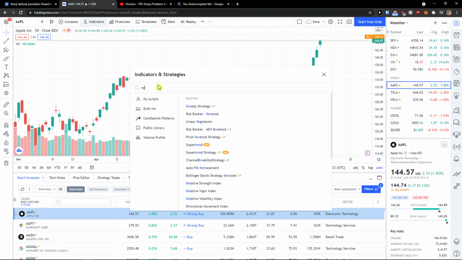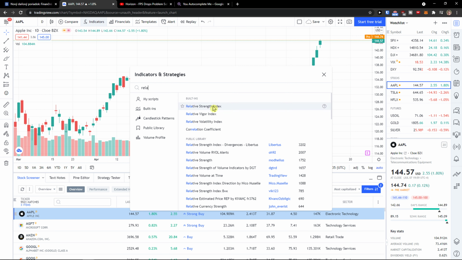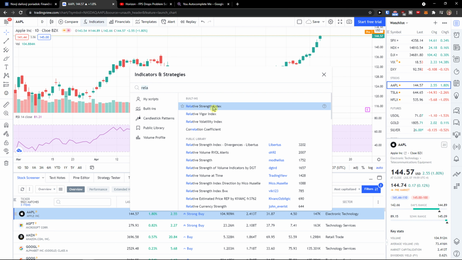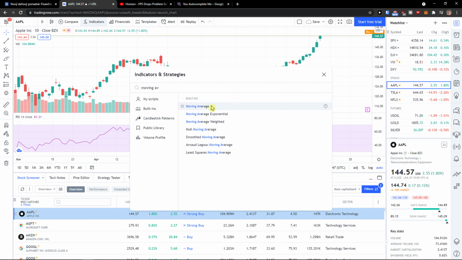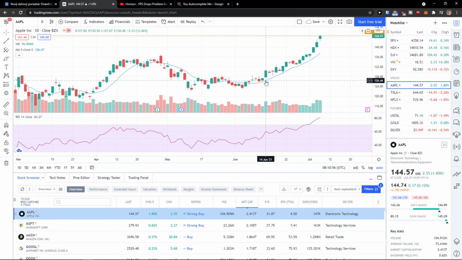and write relative strength index, click add, and then the next thing that you want to add is moving average. Okay, moving average. And now when we have it, click X, and then you see right here the moving indicator,